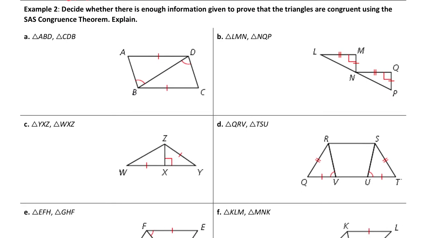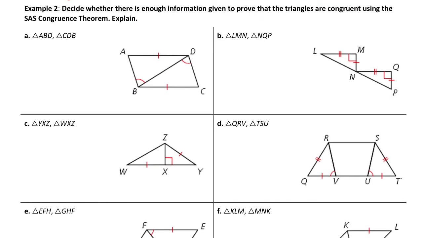Next, deciding whether there is enough information given to prove that the triangles are congruent using just this SAS. And we are going to get some practice doing it. So I'm going to do a few, and I'm going to try and have you do a few. So in this first diagram, ABD and CDB. The thing here is, we already have a pair of angles and a pair of sides marked as congruent. There is a pair of sides we can say are congruent. We can say that BD is congruent to DB